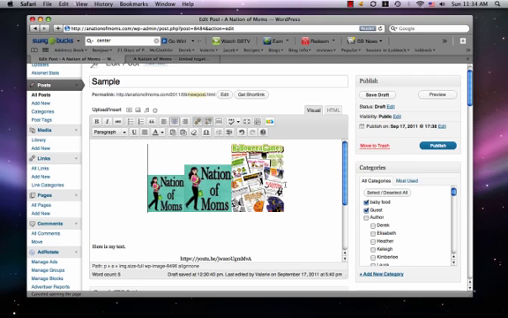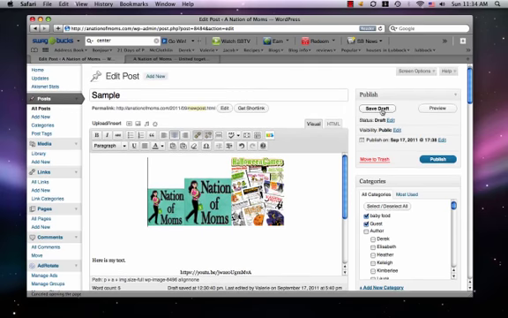And like I said, I'm going to show you all the HTML tweaking, little tips and tricks, in a future post. But another thing I wanted to show you, make sure you save your draft. Another thing I wanted to show you